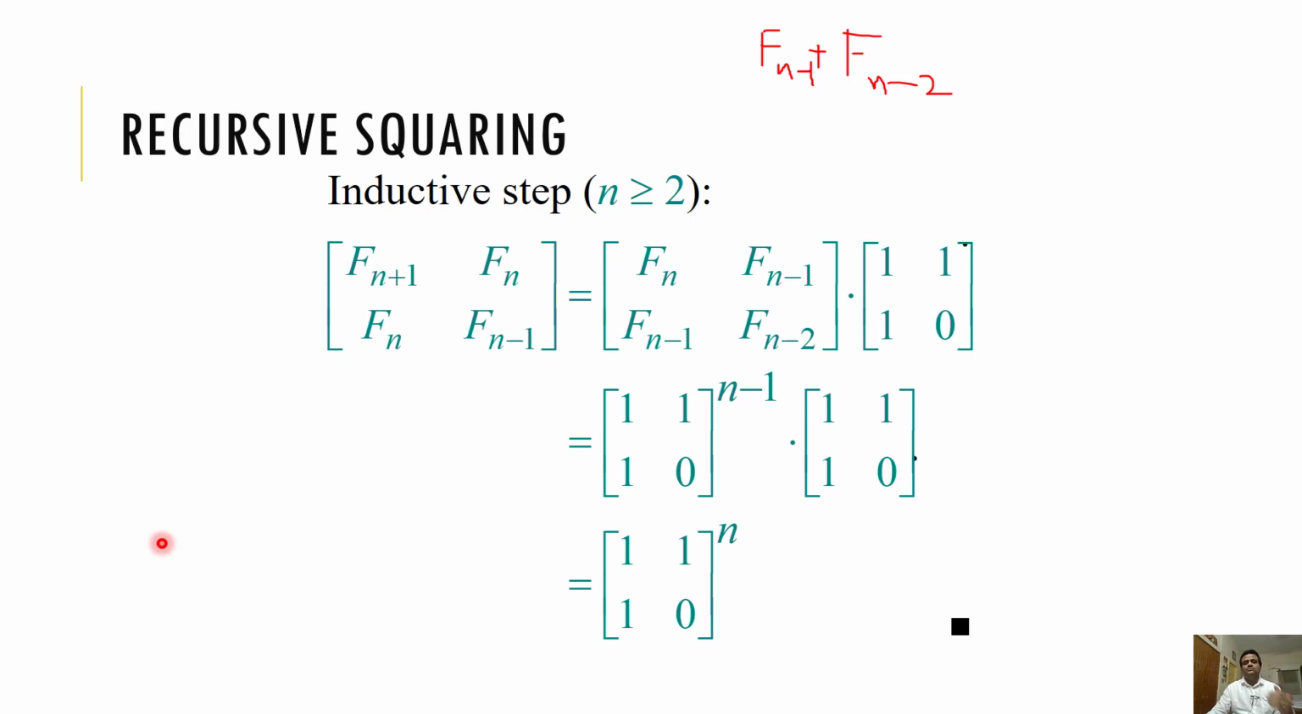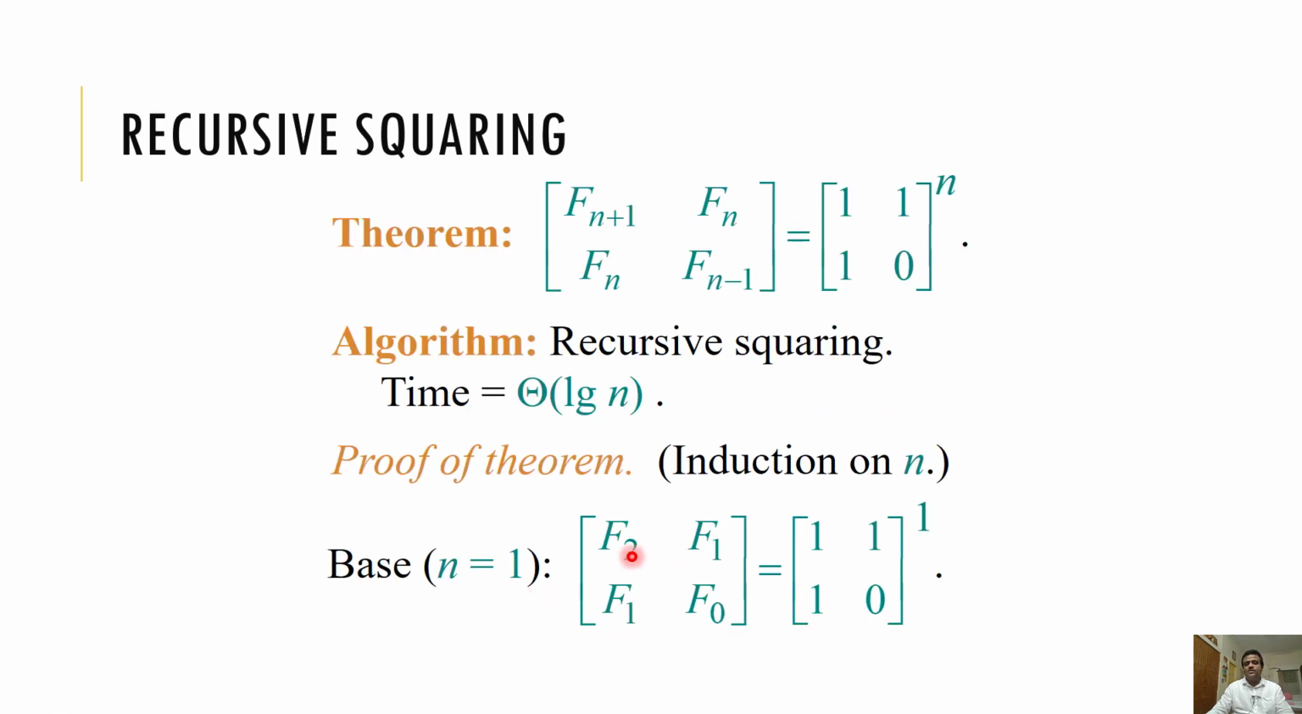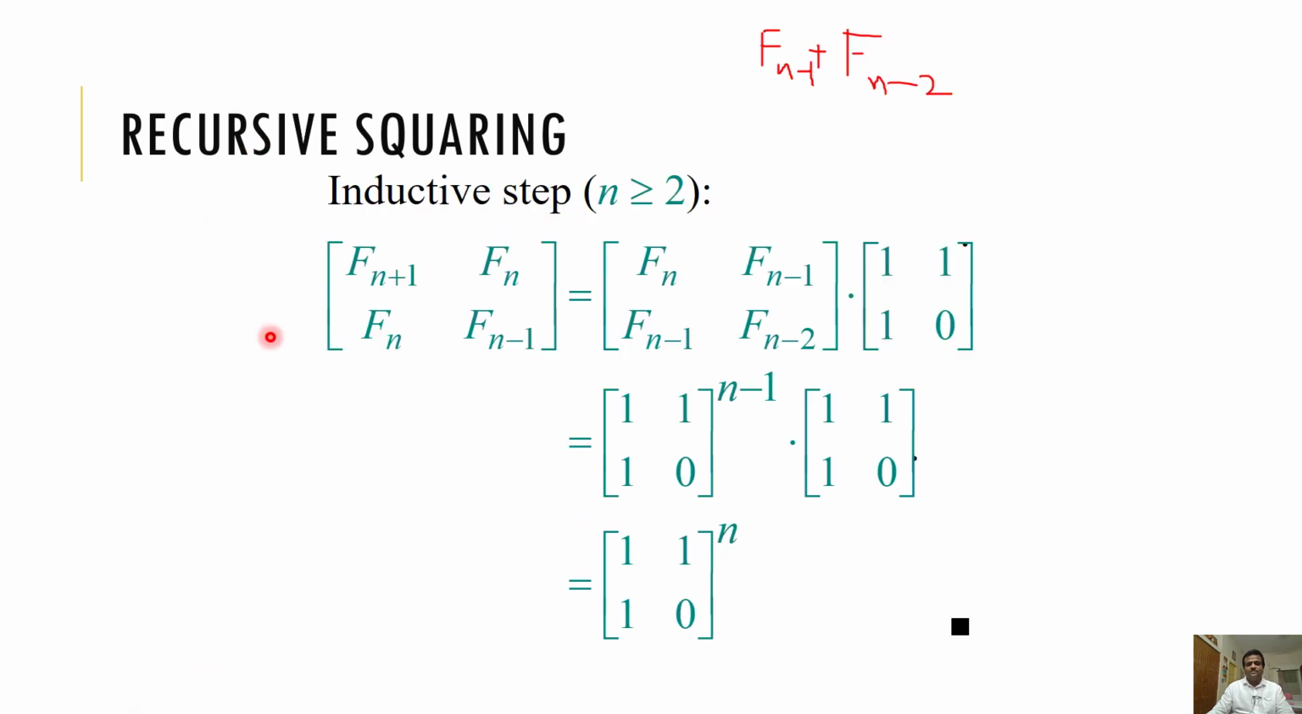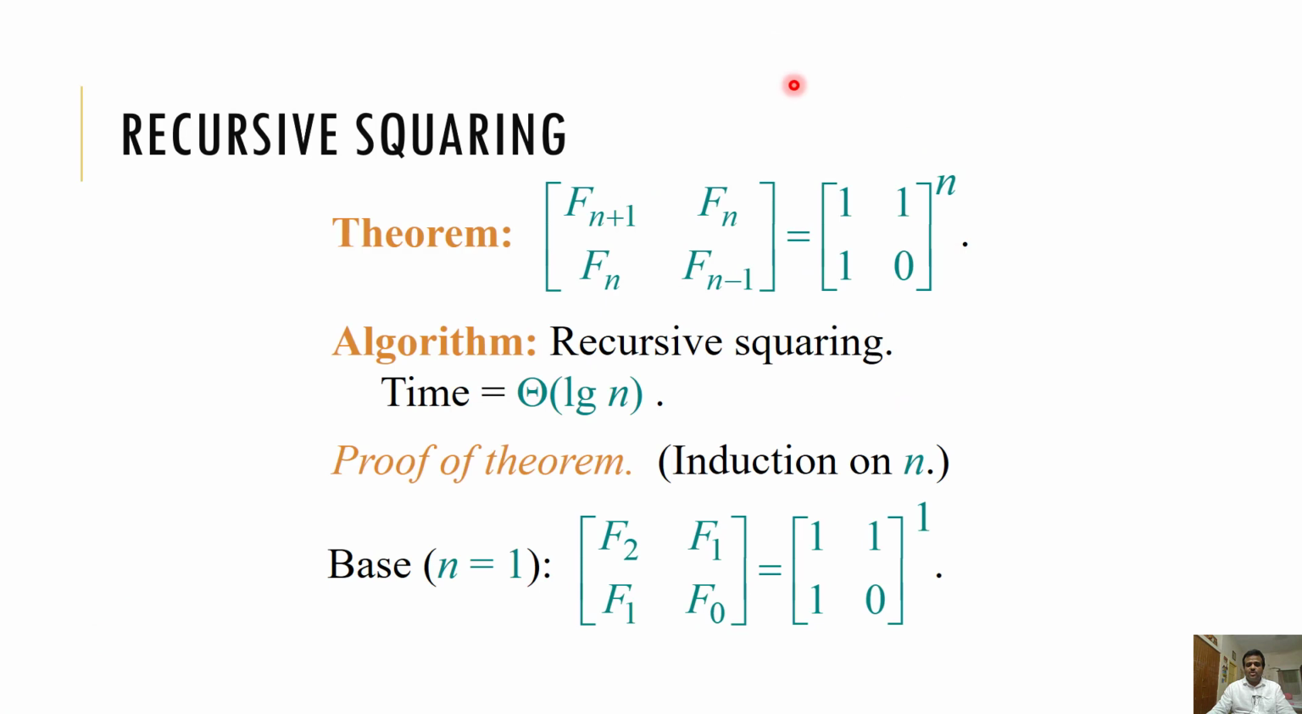So, we assume the result is true for n minus 1, then by this induction step we prove that the result is true for n also, and we already proved the base case. The base case was that the result is true for n equal to 1. So, by this inductive step we can show that the result is true for n equal to 2, and once we have that, the result is true for n equal to 3. So, this way the result is true for all n. So, this is the inductive proof of this theorem,